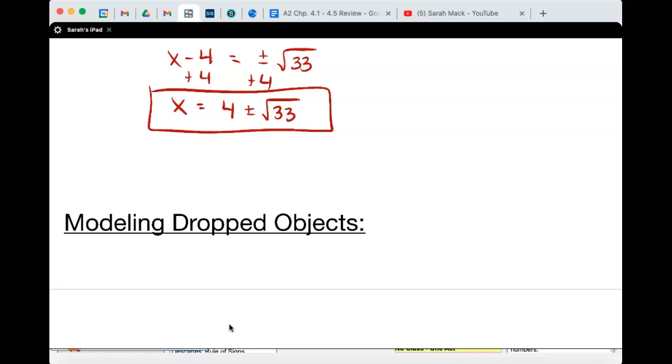So we're modeling dropped objects. So basically, if I'm on top of a building, then I'm just going to check my phone up to make sure it doesn't crack or anything. This is a dropped object model. Okay, so this looks like h equals negative 16t squared plus